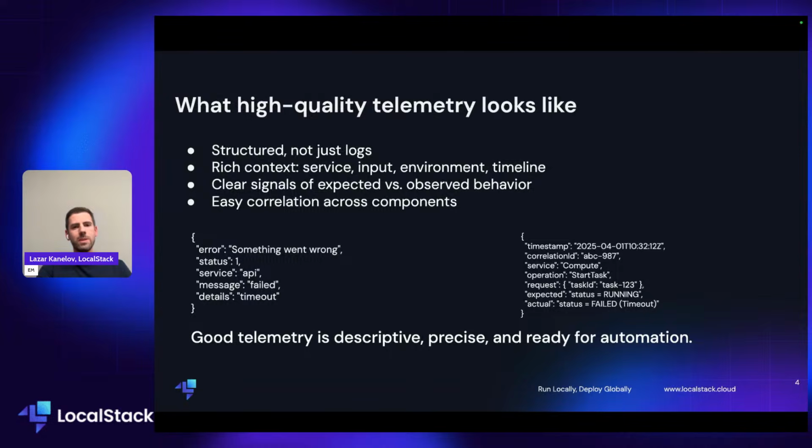But it's not only about the telemetry, but the actual quality of this telemetry data, because you can see on the left-hand side an extremely bad example of telemetry data and a much better example on your right-hand side. Ideally, your telemetry should be rich in terms of context like services, inputs, environments, etc., even some correlation IDs. So basically, if you have this good telemetry, you are almost done for automation.